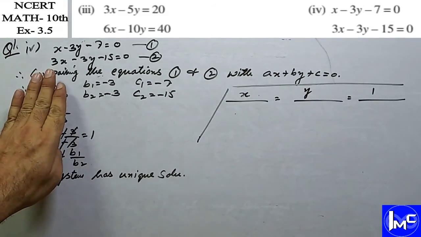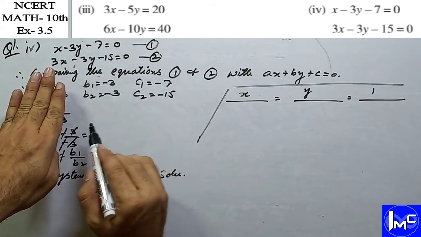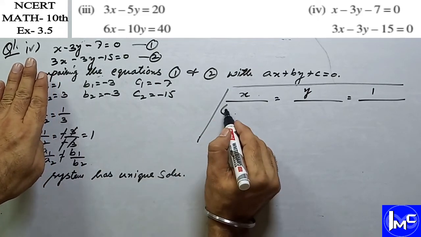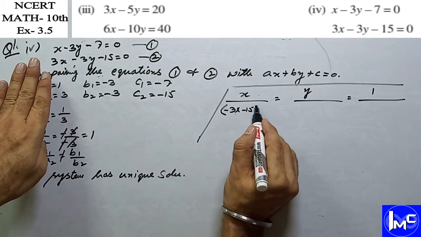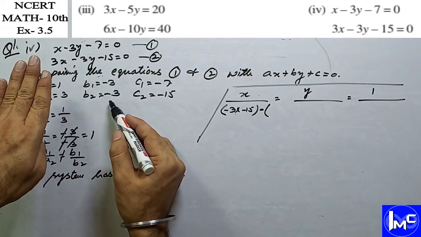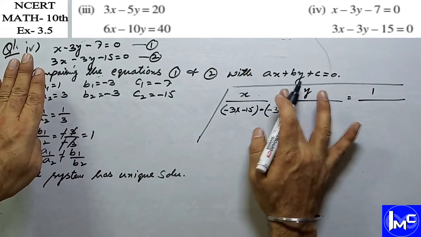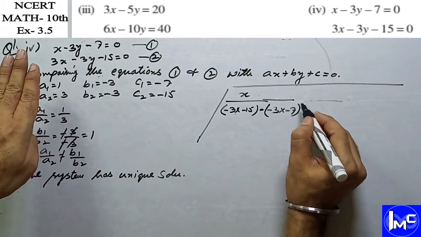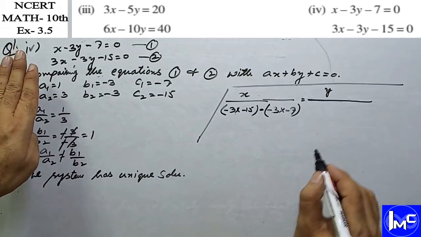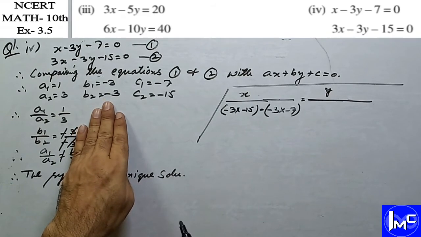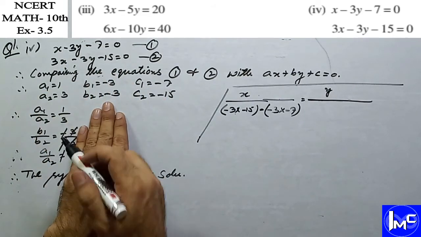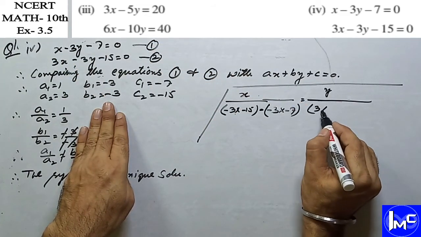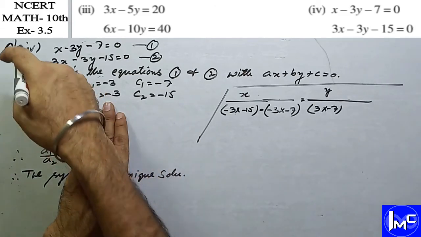And again we will omit these two coefficients and we will multiply this minus this one minus this one, that is minus 3 into minus 15 minus minus 3 into minus 7, and y over we will omit this one and we will take the opposite of the previous system, that is this minus this, 3 into minus 7, and after that 1 into minus 15,